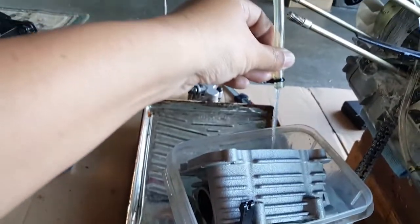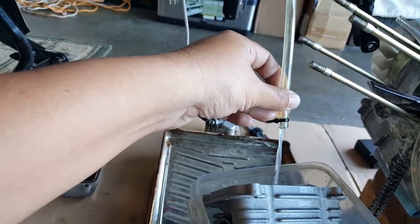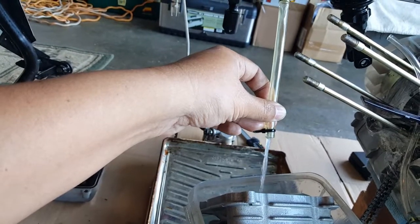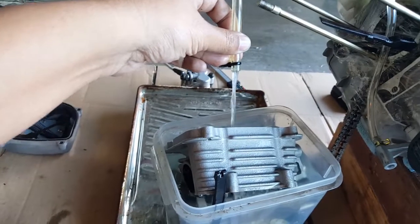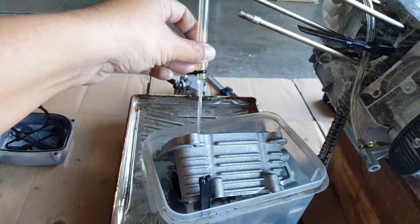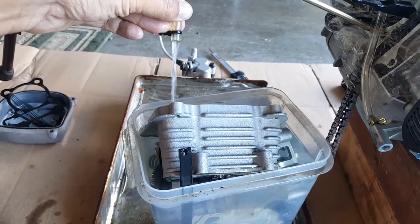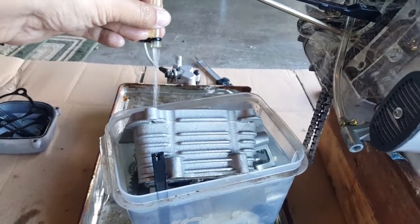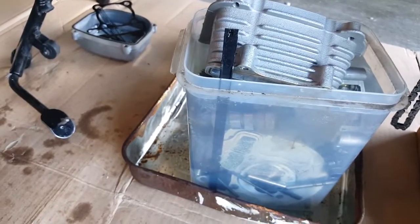So there we go. It's getting there. Shower some of the surface here a little bit. Create a little water work here, huh? Look at that. Ripple effect. I'll leave it in this pan. Yeah, that's a lot of gasoline. It's almost filling up to the very top. I have to carry it too, so I probably don't want to take it all the way to the very top. Just enough. I was able to get the rocker arm there as well as our camshaft, so I think the majority of the top end is actually all in here, including the